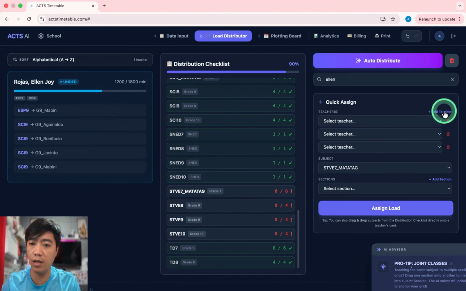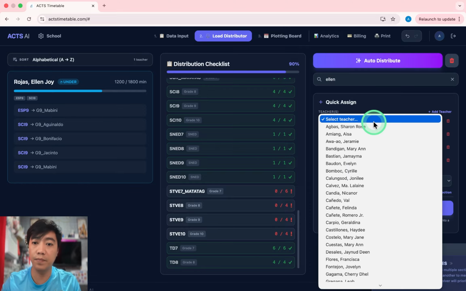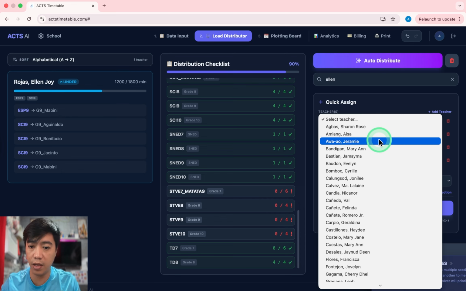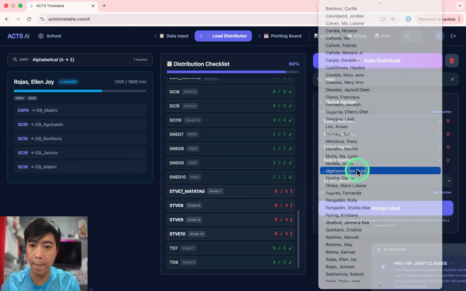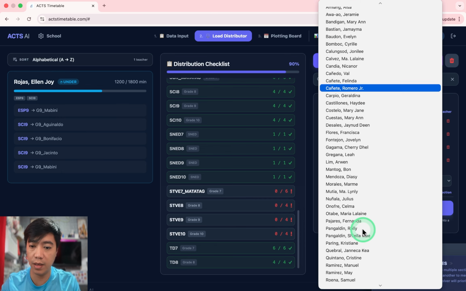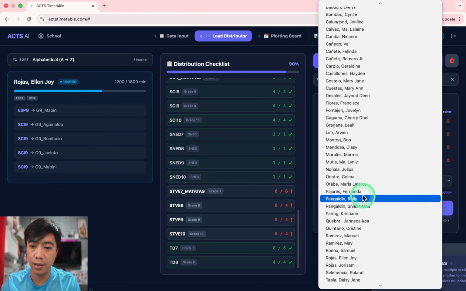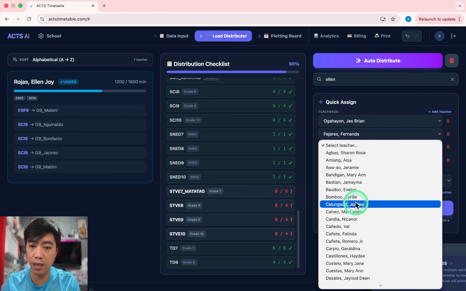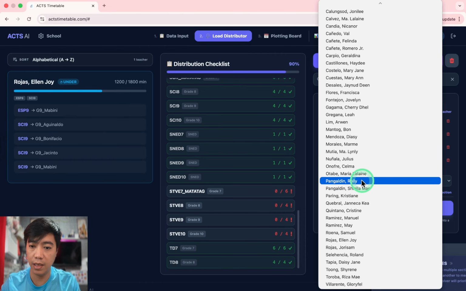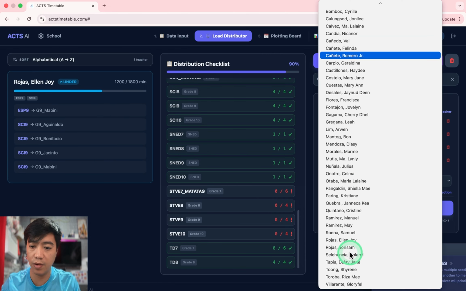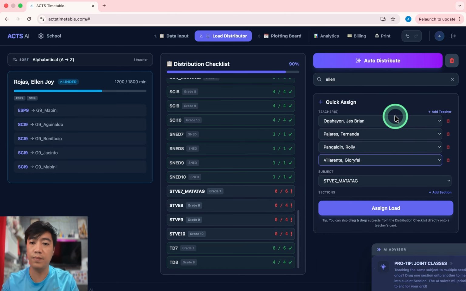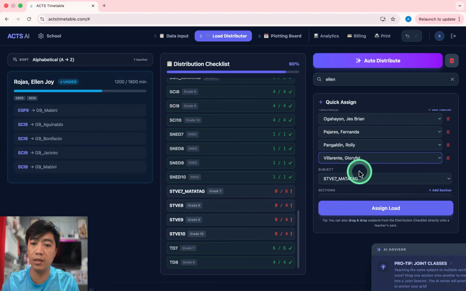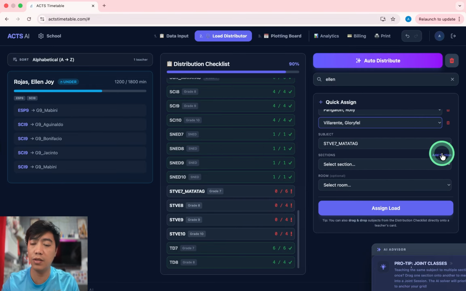There are 4. I'll add 4 here. I know the first one I called Sir Jess Bryan, Fernanda Pajares, Sir Rolly, Aldin, and Ma'am Glory Fel Villarente. Those 4 teachers will handle this subject, and the sections, since there are 6 sections for grade 7, we're gonna